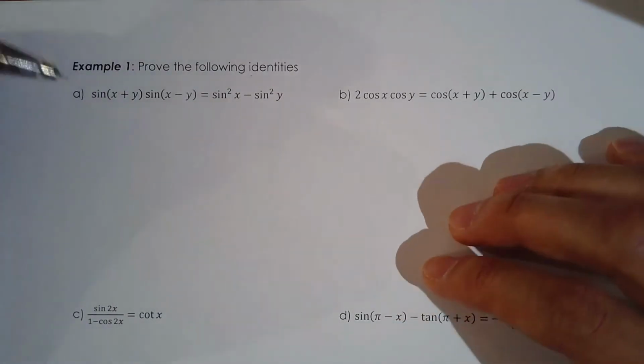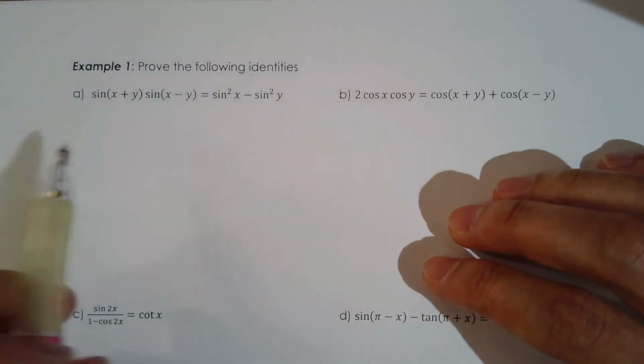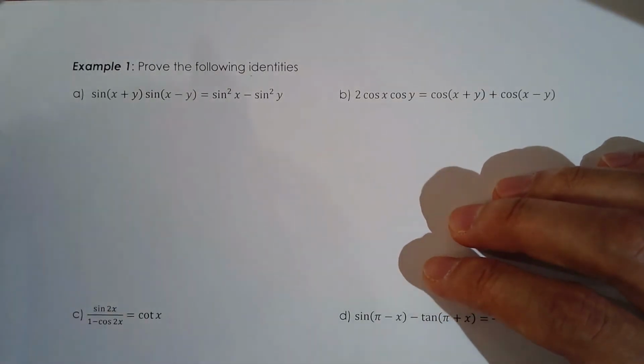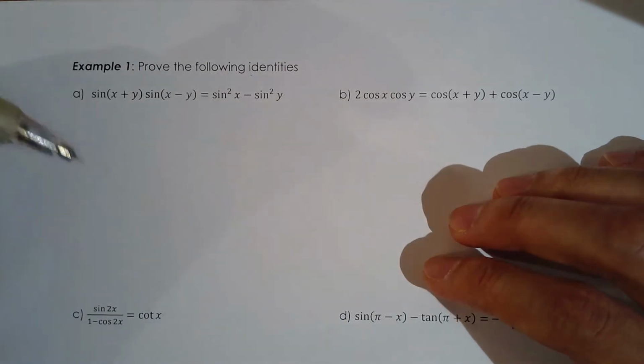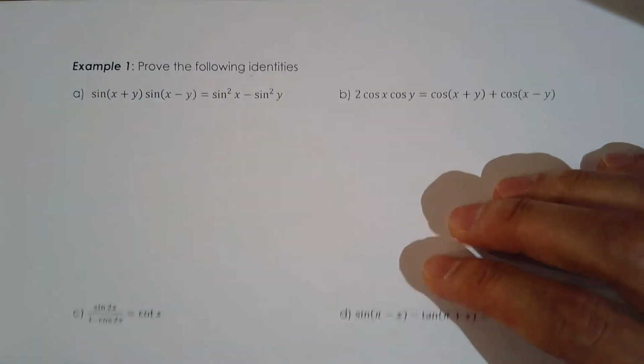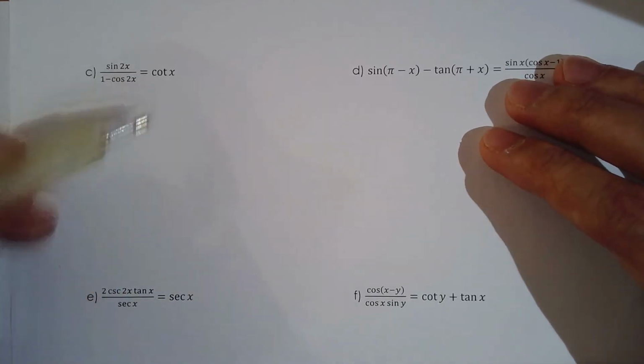Fun stuff. So when you prove an identity, you always pick the side that is more complicated. It's much easier to work with something that's complicated and make it simple, as opposed to something that's already simple and make it complicated. So for example, you look at C and E, I would never work with the right hand side because